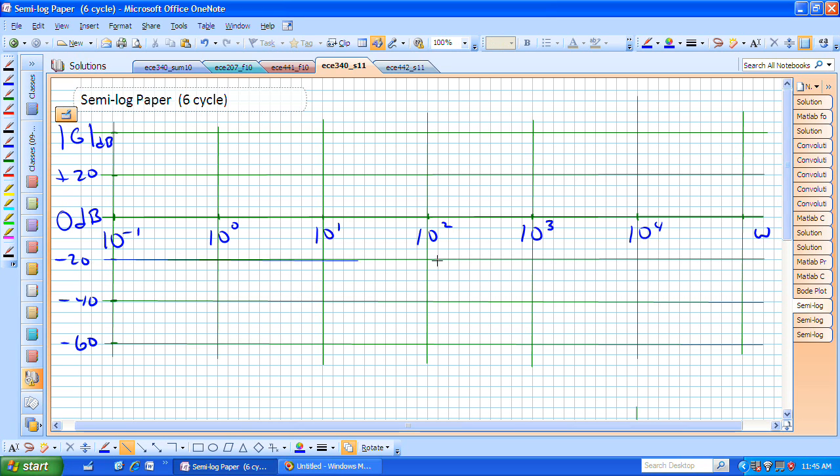Our constant is going to give us minus 20 dB for all frequencies. Then in terms of our magnitude, the first thing that we are going to have happen is our pole at 1 is going to kick in, and it's going to contribute a negative 20 dB per decade slope. The next factor to kick in is our 0